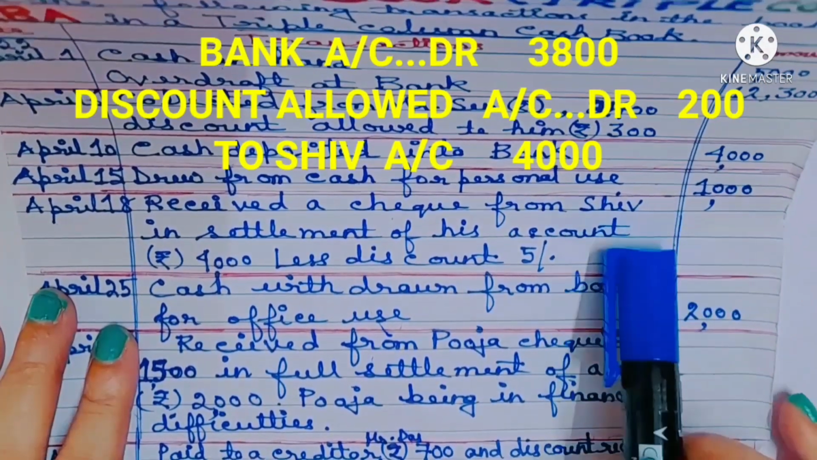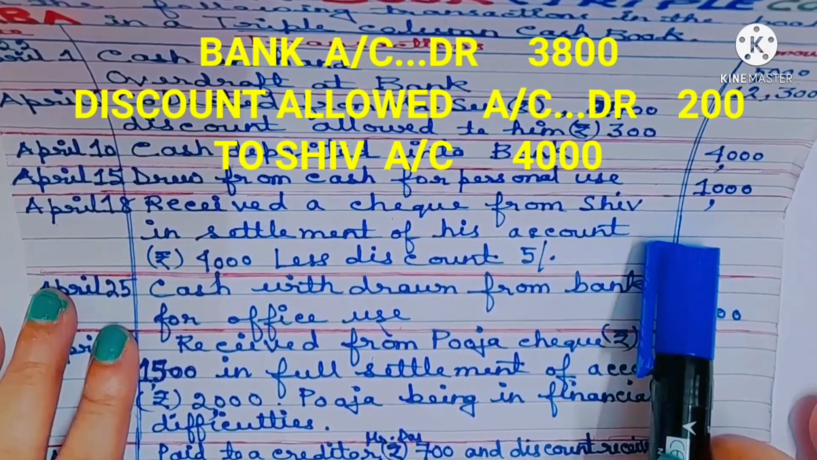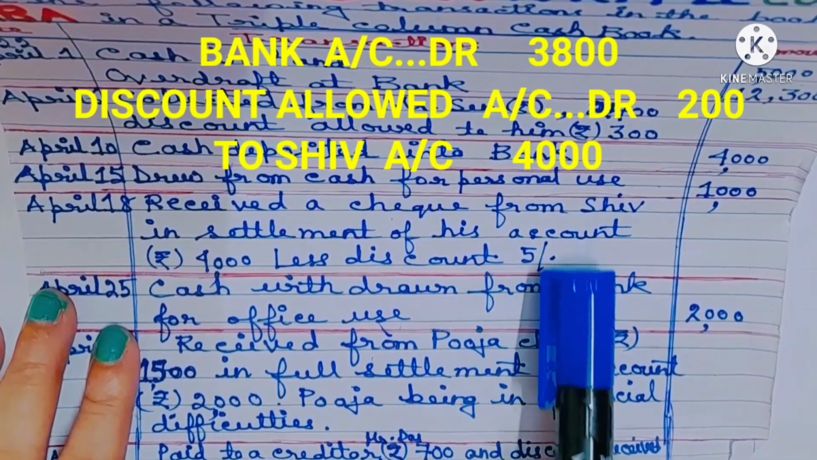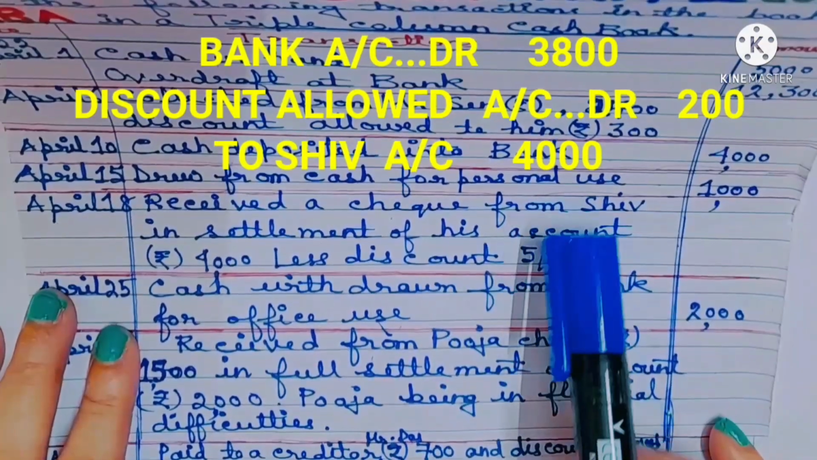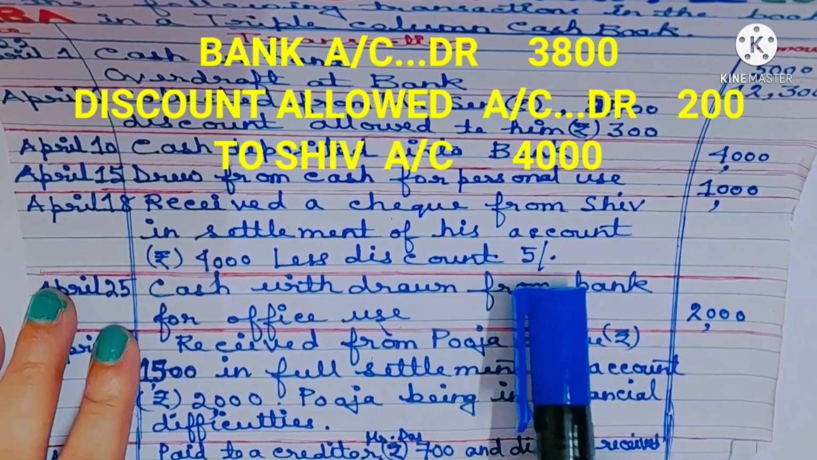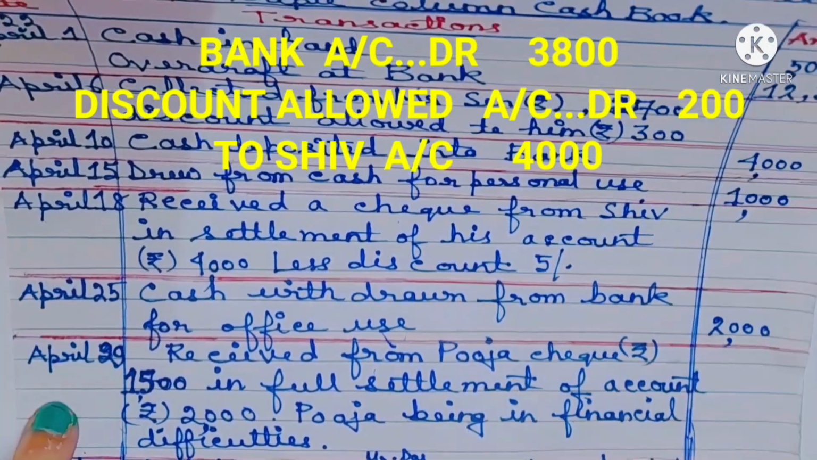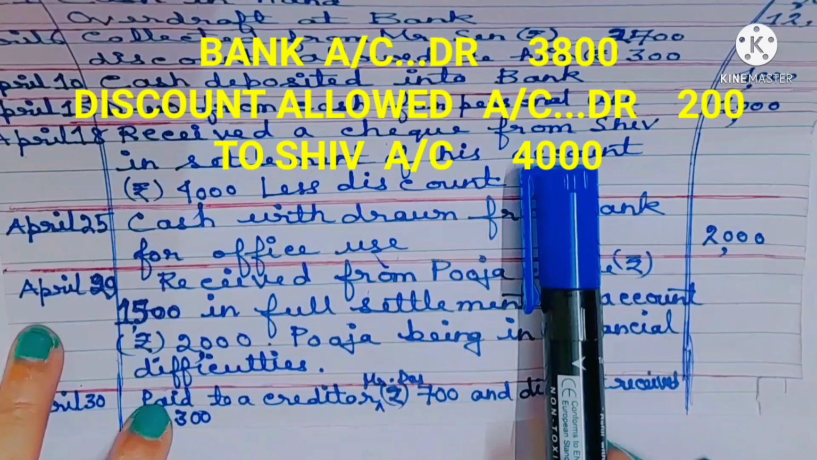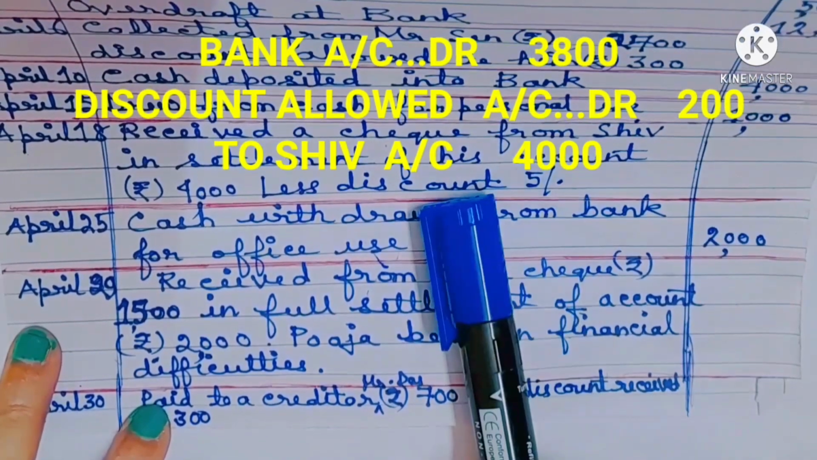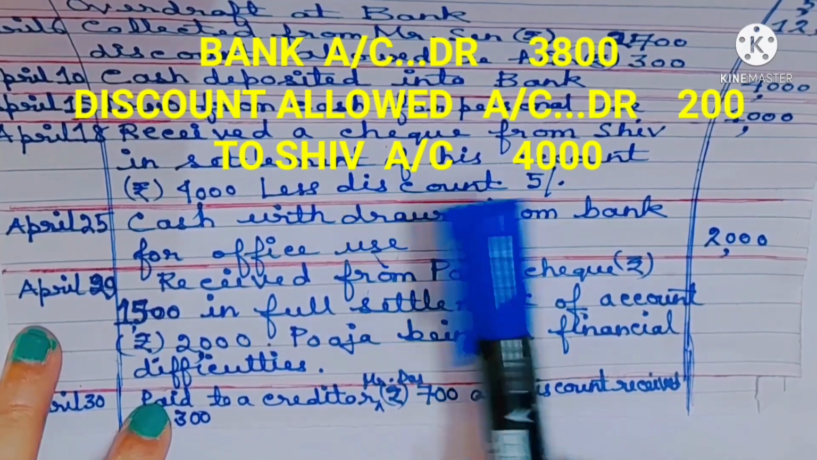So, what will be the journal entry? The journal entry will be bank account debit 3800. How did we get 3800? 4000 minus discount allowed 200. Okay. So, bank account debit 3800, discount allowed debit 200 to Shiv account 4000. Okay. So, what is the position of bank account? Since bank account is on the debit side, Shiv account will also be on the debit side. So, we'll have to write to Shiv account in the cash book on the debit side in the bank column